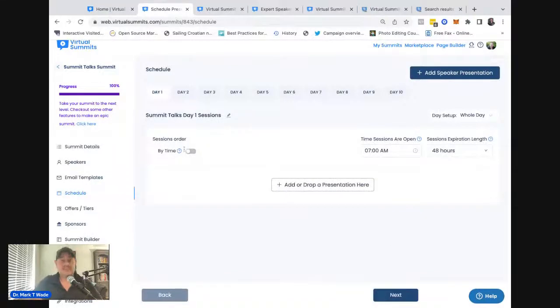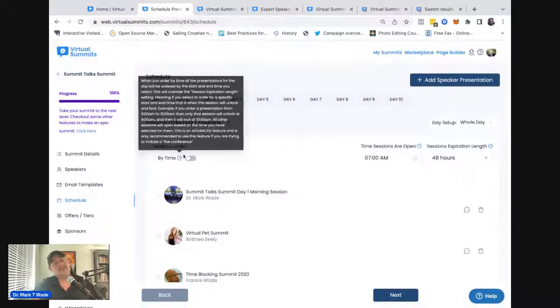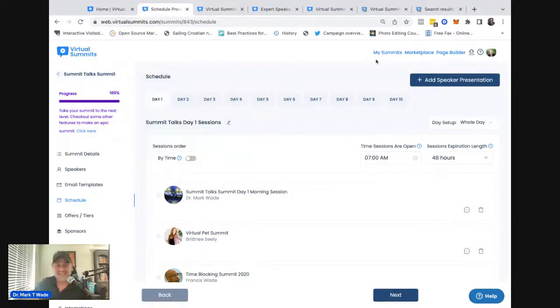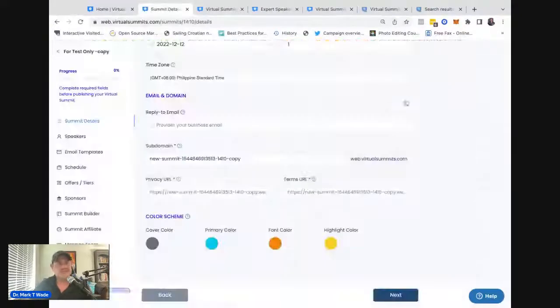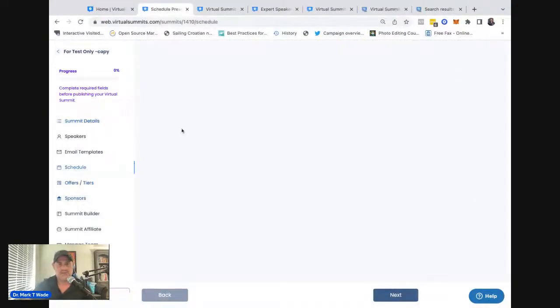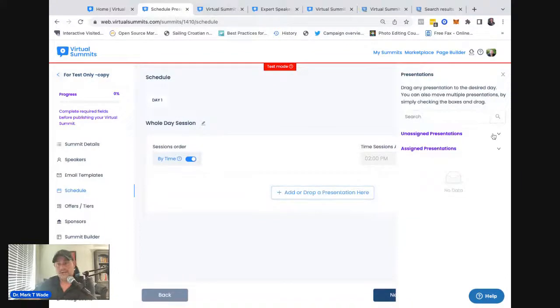Schedule here, common mistake is doing order by time. Okay, order by time, we do not recommend doing that. This here is an advanced feature that we created because we had a lot of live event hosts who wanted to set up their virtual event and run it exactly like an in-person conference, which is just not really how virtual summits are intended to be. So for example, if you're going to do order by time, you start by setting order by time, and then you bring in